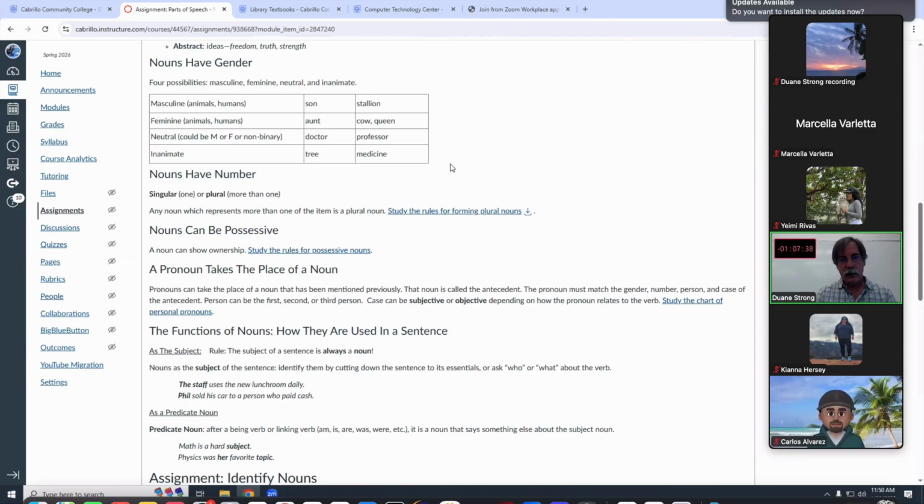So masculine, example, son or a stallion. Feminine, examples, aunt or a cow or a queen. Neutral is either, I don't know, could be male, could be female, or it could be non-binary, right? So like doctor, I don't know if it's a lady doctor or a man doctor, professor, don't know. So that's neutral. And then if it's not an animal or a human, we call that inanimate.